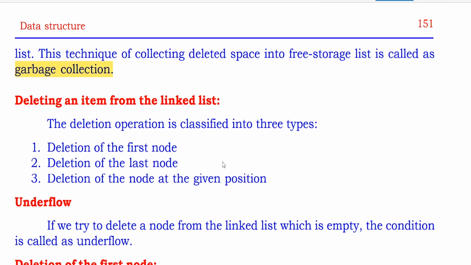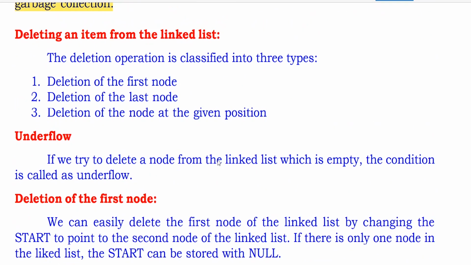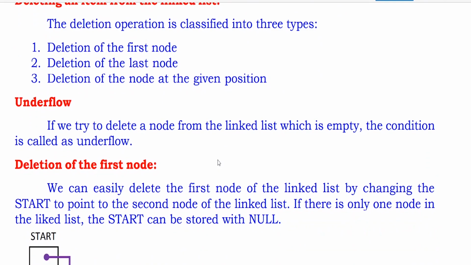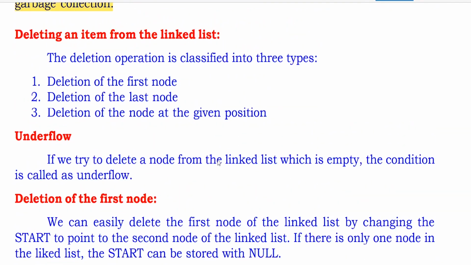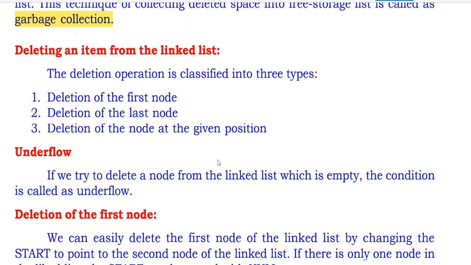So this is something about insertion. The insertion algorithms we have learned are inserting a node at the beginning, inserting a node at the end, or inserting a node after a given position. Now let us learn the deletion algorithm. Already we have understood this is dynamic memory allocation, and we use new for insertion. For freeing the memory, in the algorithm we use free, but in C++ we have to use the new and delete operators.